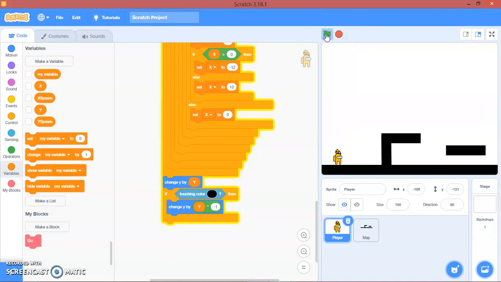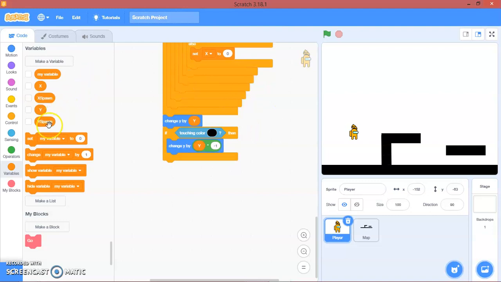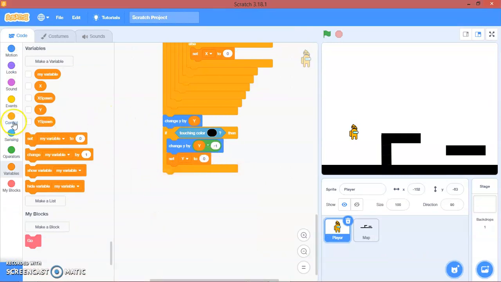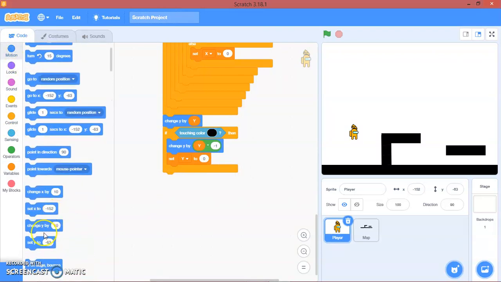Okay. So the gravity works, but there's something not working. Okay, so that's it. And then we will say set y to 0, and then motion, we'll change y by -1,